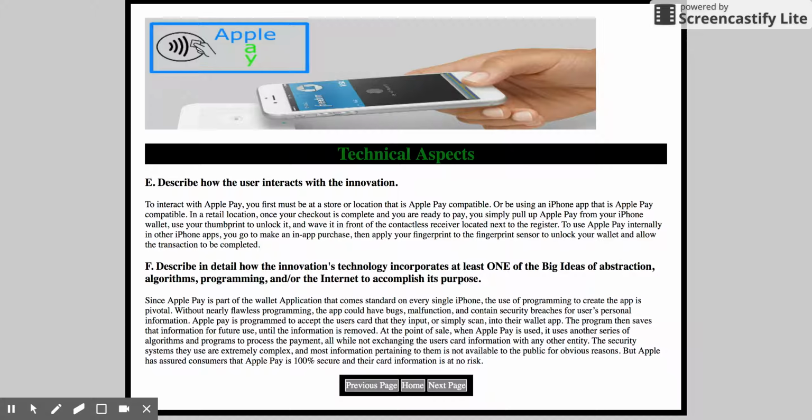So describe in detail how the innovation's technology incorporates at least one of the big ideas of abstraction, algorithms, programming, and/or the internet to accomplish its purpose. Since Apple Pay is part of an application on the iPhone, that obviously incorporates programming. The app is a program itself, which uses algorithms and the internet to store the user's credit card info